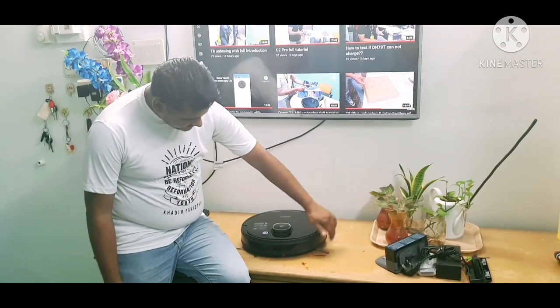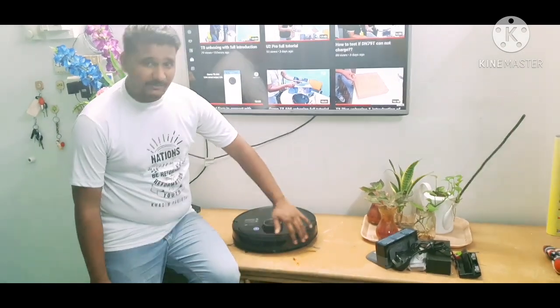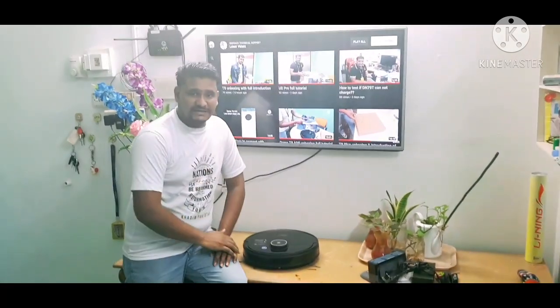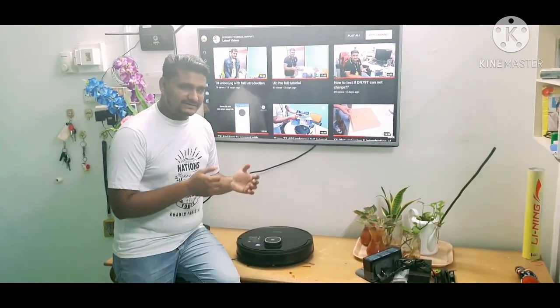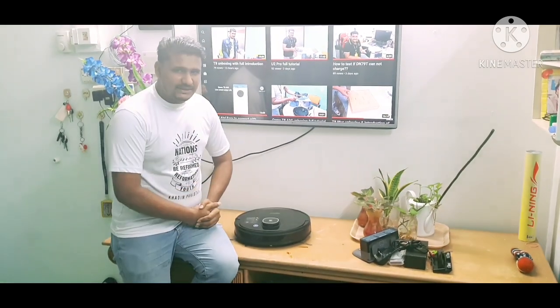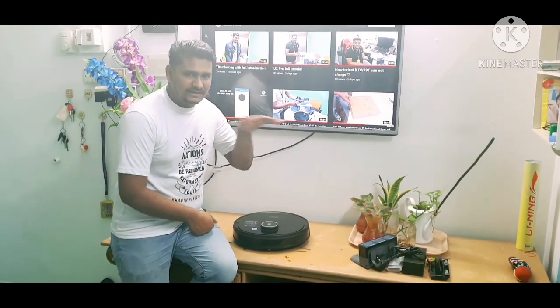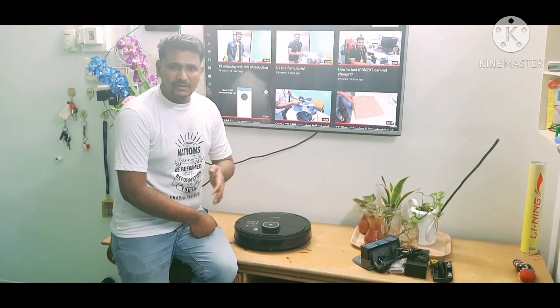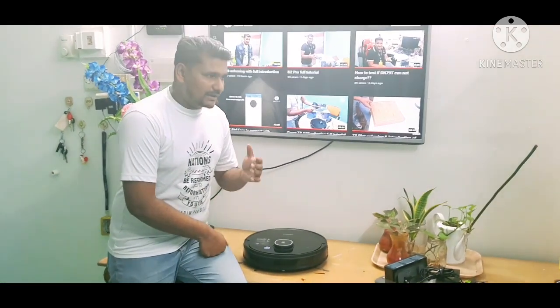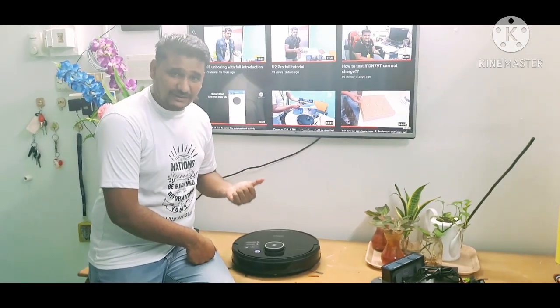Okay, one more thing I'll let you know about Ozmo 920, this model. Inside the front there is a bumper, and the bumper also has sensors. It will not hit any obstacle directly. But I'll let you know how the sensors actually work. Some customers complain that it goes directly and hits our furniture, our door or the wall. So whenever I ask them whether their furniture is a dark color or a light color,